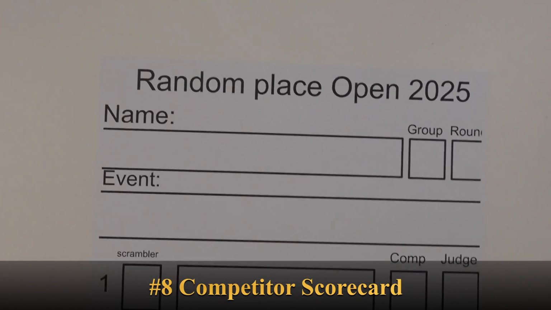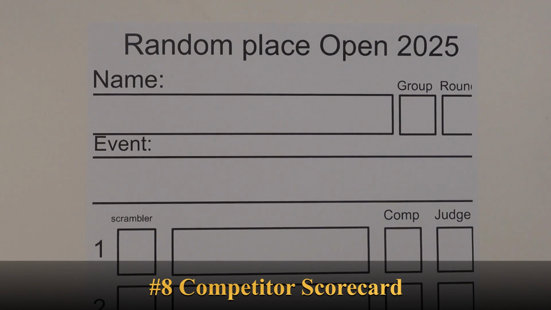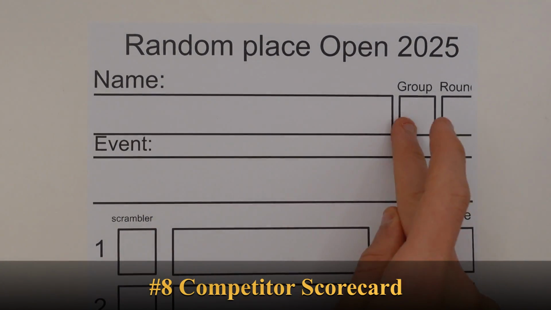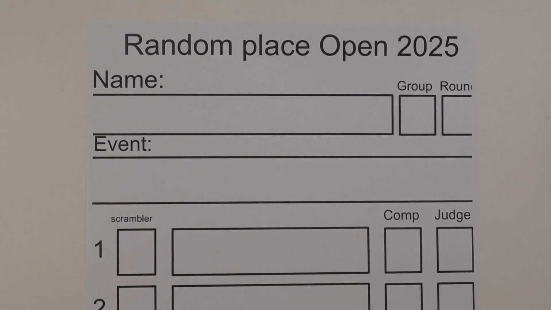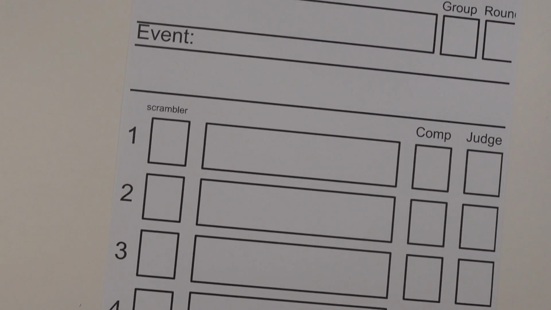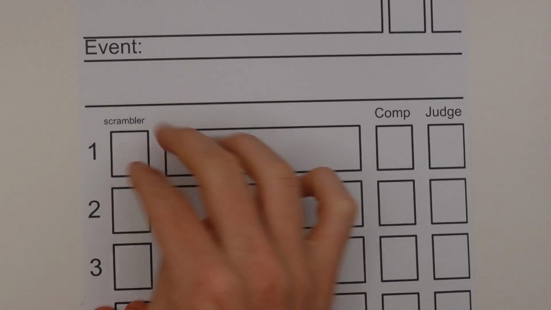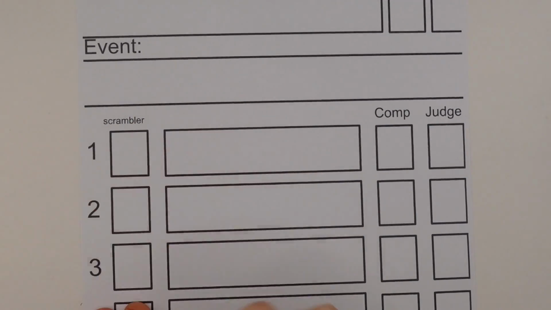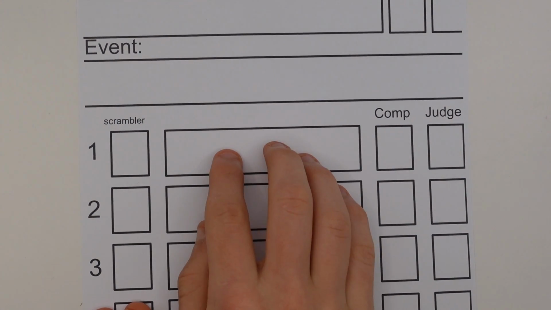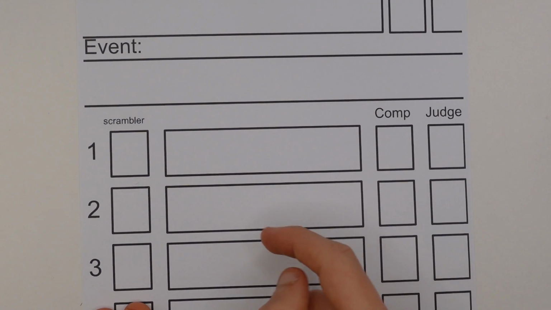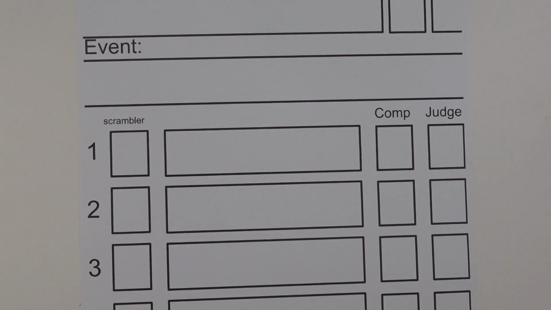The competitor scorecard refers to a scorecard that you'll get given for each event. You put your cube in with the box with your name on the scorecard, so if your name's in there and it's the right group and round of the right event, then you put your cube in the cube cover with that scorecard, and then the scrambler has to sign to make sure it's been scrambled correctly. Then the judge will write the time in here with any penalties, and if there are penalties, it will be like